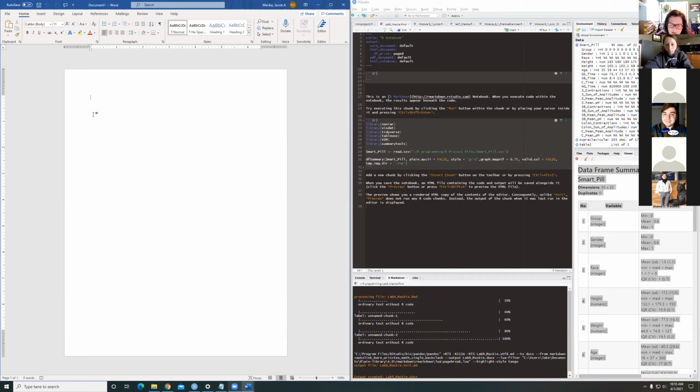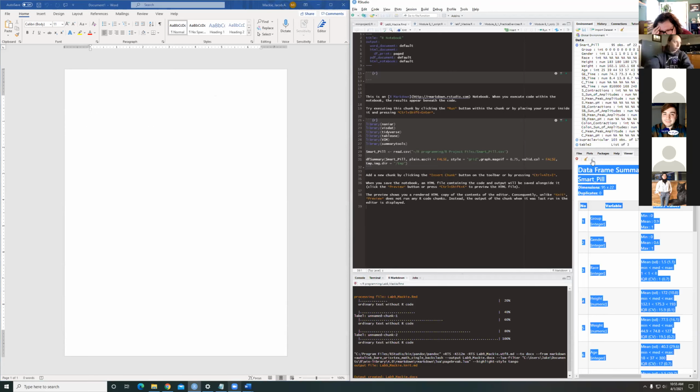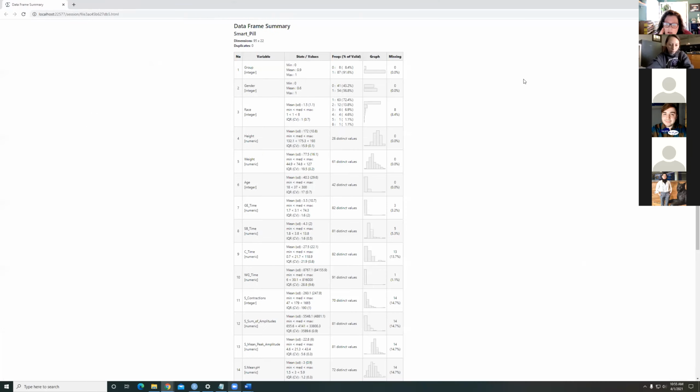I was trying to think. I think there's a way. In your R file or in your RStudio, in that window where you've got the data frame summary, do you see the icon that's next to the broom? What does that icon do? Which one? To the right of the broom. Show new window. There we go. Show a new window, and then